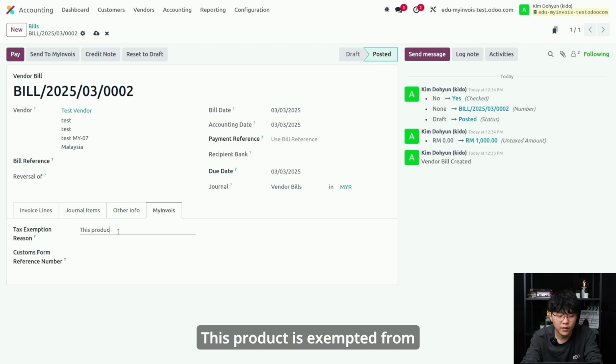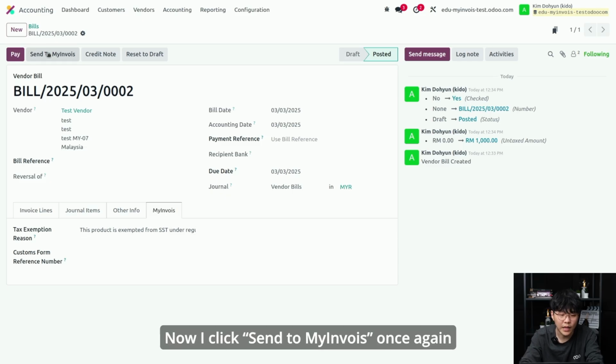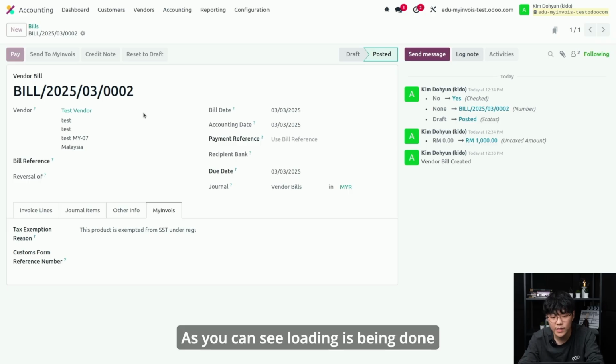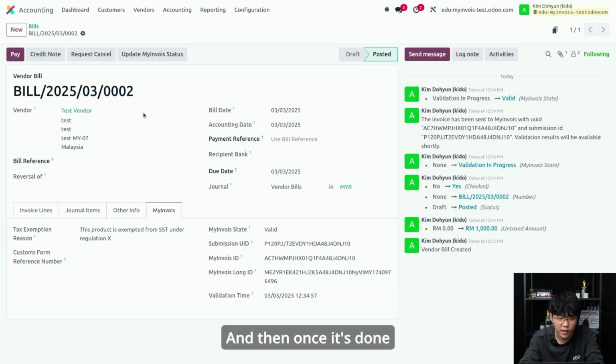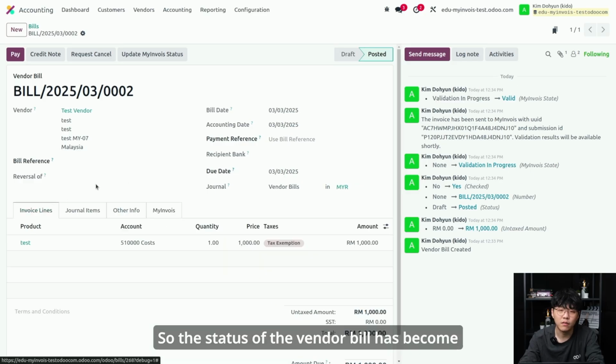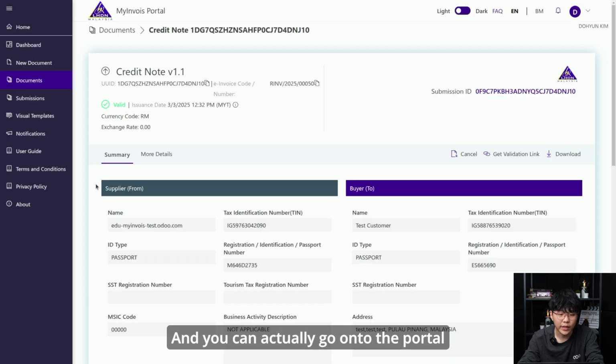This product is exempted from SST under regulation X. Now I click send to my invoice once again. As you can see, loading is being done, and then once it's done, validation in progress to valid. So the status of the vendor bill has become valid and submission is completed, and you can actually go onto